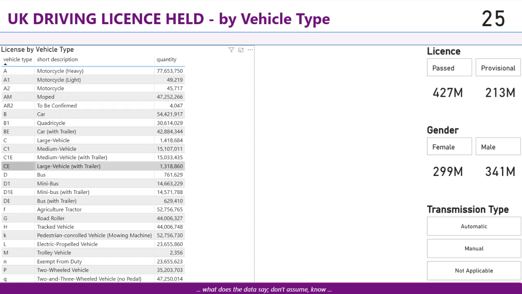You can see the vehicle types that we have. You can see what the vehicle types mean. Something that I would also look at doing in the future is to include